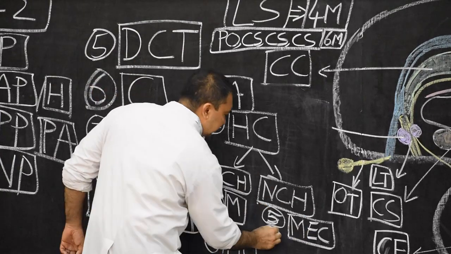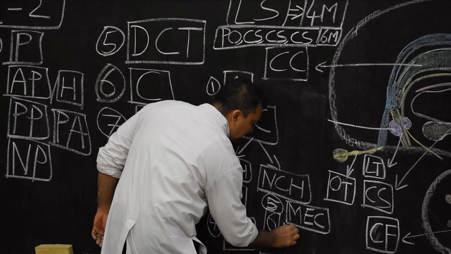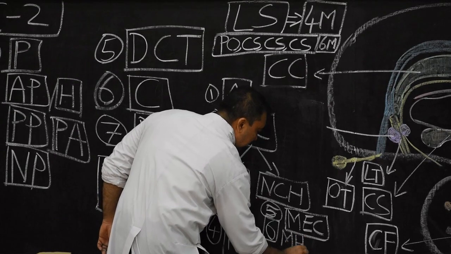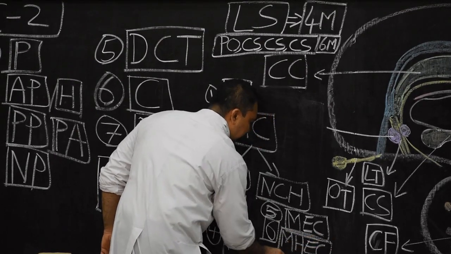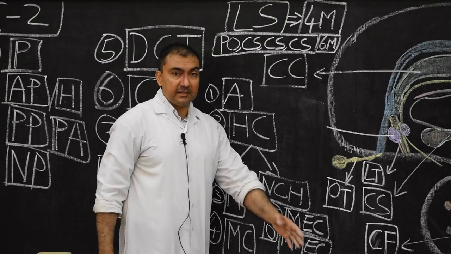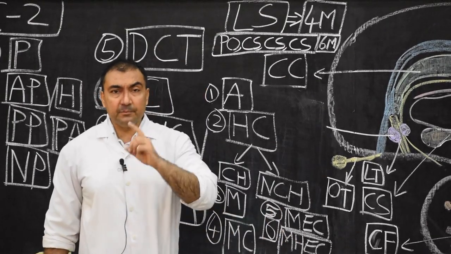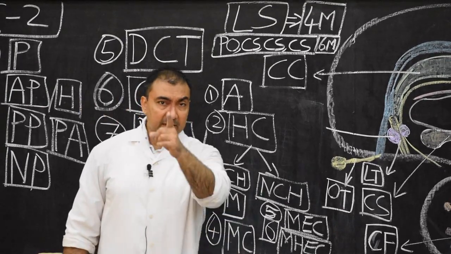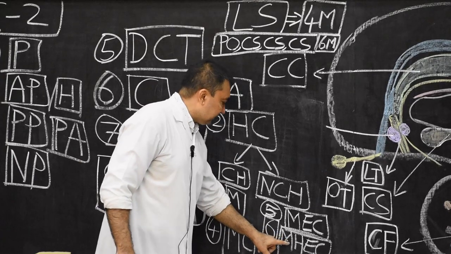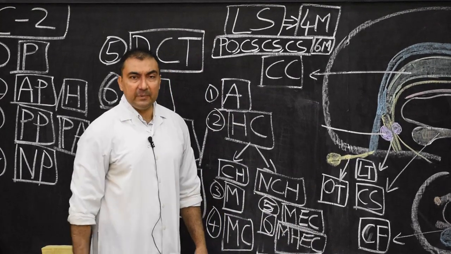Point number 6 is also related to that, and that is known as meningohydroencephalocele. What is meningohydroencephalocele? Sometimes these questions are asked in 1-mark question answers, remember, or in MCQs. Along with meninges and brain tissue, if a portion of the ventricle is also herniated outside, then those cases will be known as meningohydroencephalocele.